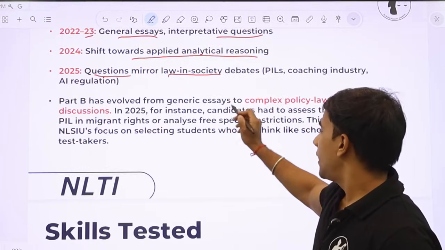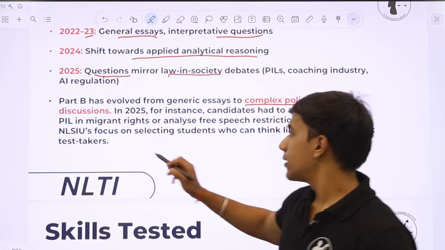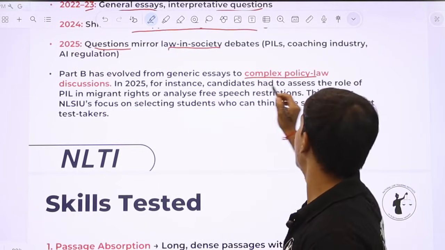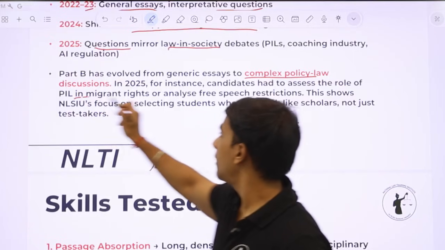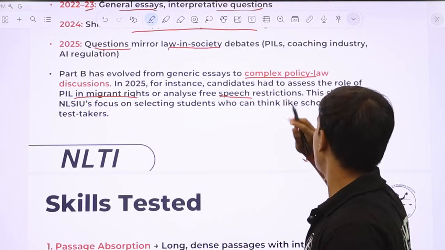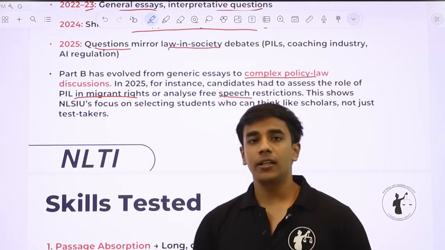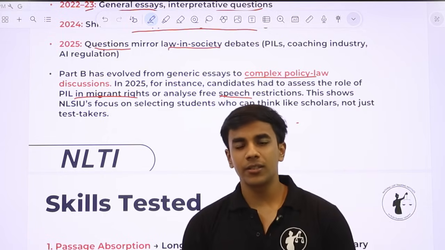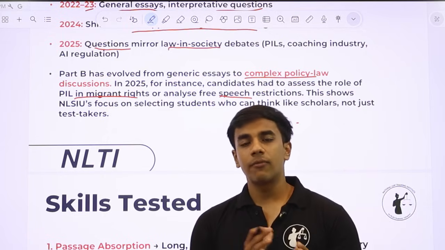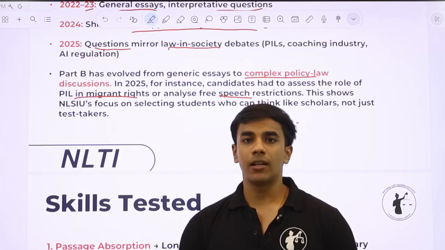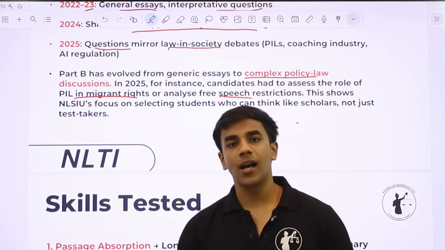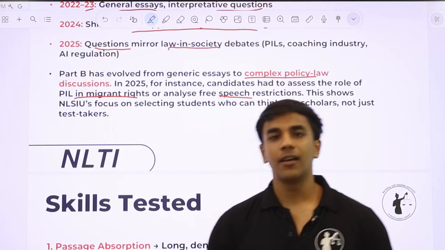Part B has evolved from generic essays to complex policy law discussions. Candidates, for example, in 2025, candidates had to assess the role of PIL in migrant rights or analyze free speech restrictions. तो बहुत ही डिफरेंट लेवल ऑफ क्वेश्चंस आए थे इन NLSAT 25. बहुत ही ऐसे क्वेश्चंस थे which had links or were integrated with the socio-political debates that are currently ongoing in the country. तो आइसोलेशन में आपको क्वेश्चन नहीं दिखेगा, आपको अगेन पार्ट बी में ऐसे क्वेश्चंस ही दिखेंगे जिनका बहुत